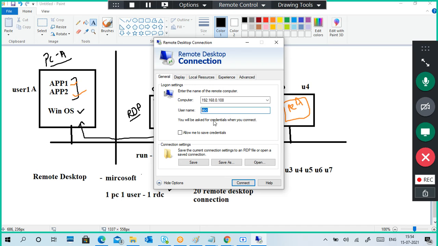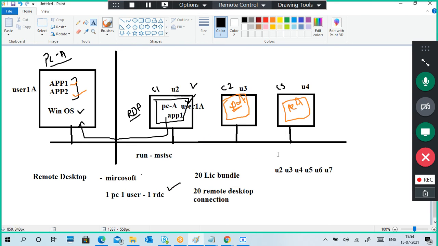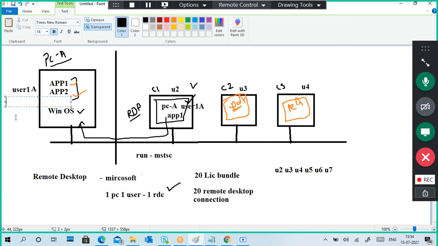The usernames. So for example, I'm sitting at one PC, I give user 2. Here for example, Jagan is accessing, so Jagan puts user 3 from his PC. Maybe Shakir is accessing, Shakir puts user 4. Rahul is accessing from his desktop, he puts user 5. What are these users? Your main computer has some username, but these users are remote desktop users.